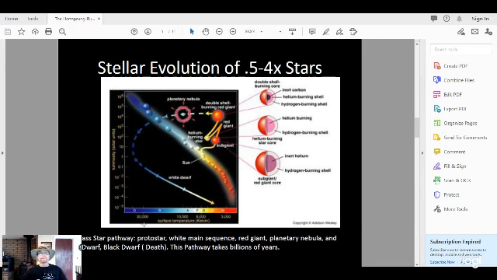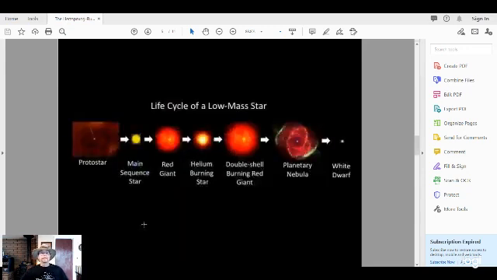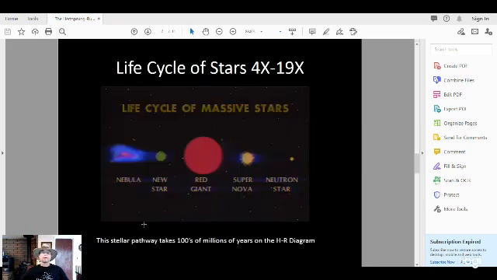Okay. So here's once again your low mass life cycle from protostar to white dwarf. Then you get a star, and this varies. I still teach 4x to 19x. There's some debate. Some astronomers think a 16, 17x star, the supernova can form a black hole. There's still more research to do on this, but I think we're real safe by saying a star that's 4 to 19 times the mass of our sun, what we call a massive star,